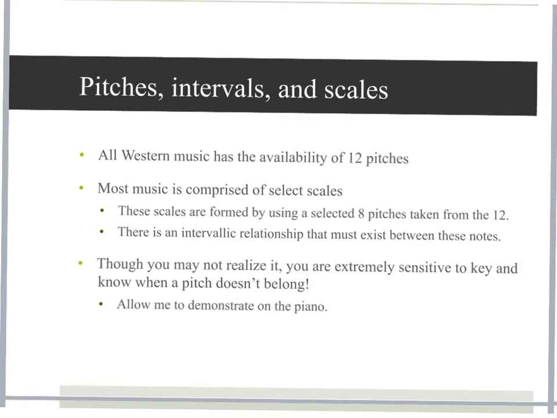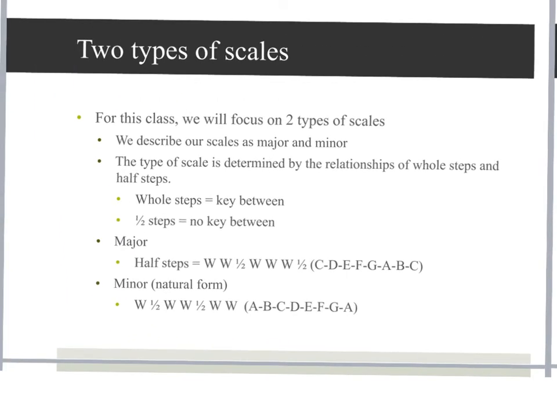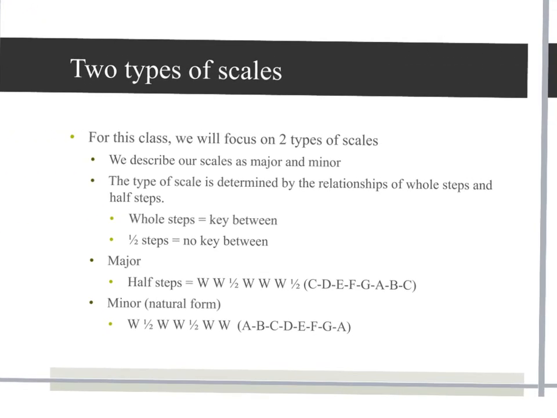You know this. Without reading a lick of music, you have been so trained and conditioned to what scale should sound like and what key should sound like without knowing it, okay? We do have two types of scales in Western culture, overarching, two types. If you take theory, you learn there are so many more, but the big ones you need to know about are major and minor, okay? And so we get these from a certain order of whole steps and half steps, okay?